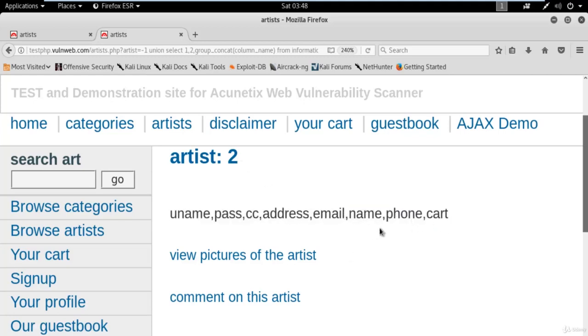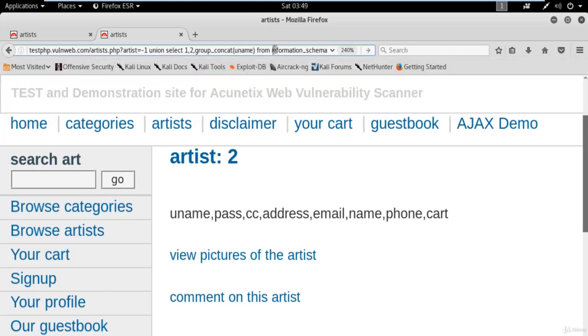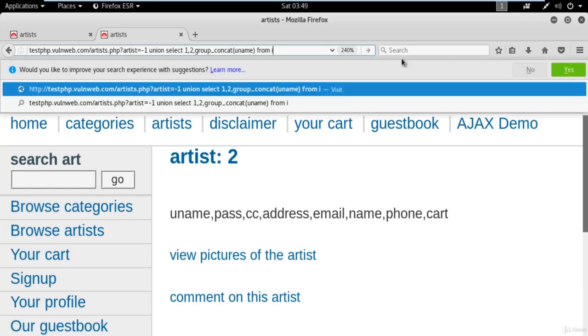So for example, if you want to find a uname here, first of all we will find the username. So how you can find a username? You need to type, just replace column underscore name with the actual name of the column. So actual name of the column is uname, right? And after that, do one thing. After from, just remove everything.